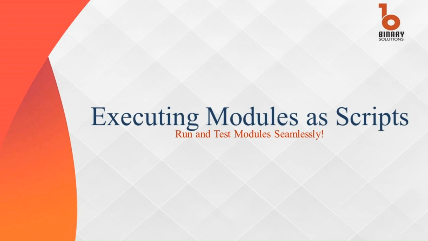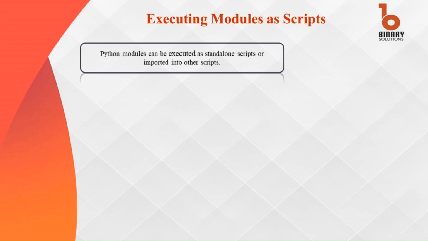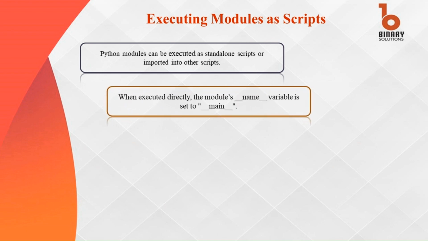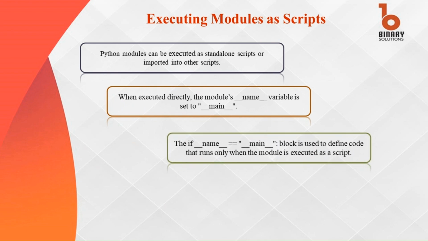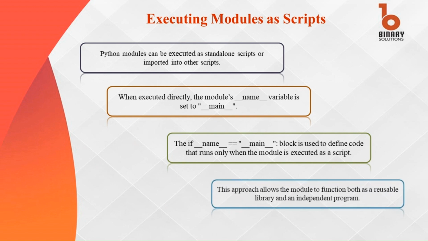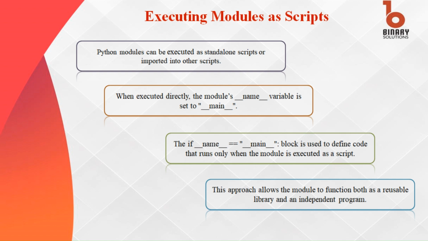Now, let's explore the concept of executing modules as scripts. Python modules can serve a dual purpose. They can be executed as standalone scripts or imported into other programs for reuse. When a module is run directly, its __name__ variable is automatically set to __main__. This behavior enables the use of an if __name__ == "__main__" block, where any code within this block is executed only when the module is run as a script, not when it is imported. This design allows developers to write modules that function both as reusable libraries and independent programs, providing flexibility and efficiency